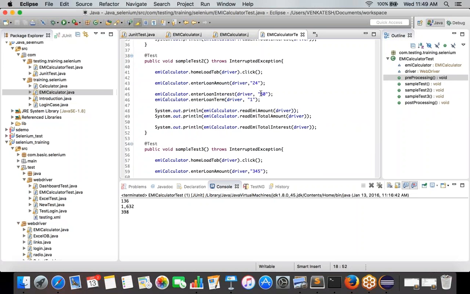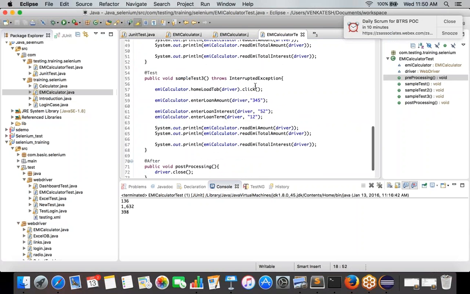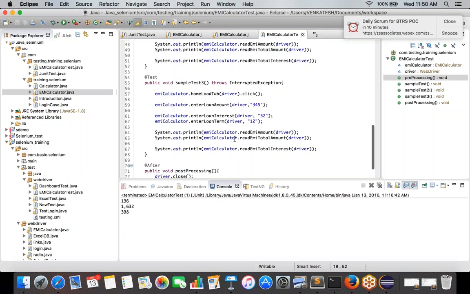Now, when you are writing a test case, there is something called assert. An assert is something which will help you to